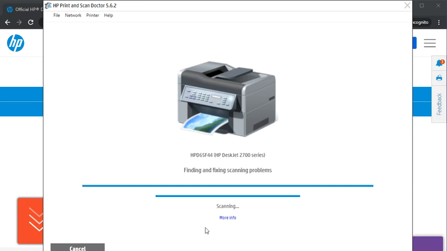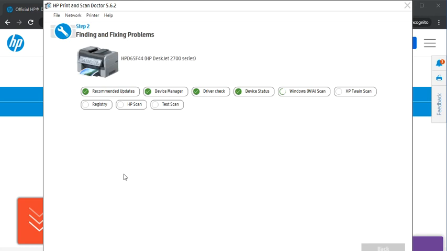So now it is fixing and finding scanning problems. Now it is communicating with the printer. Let's wait for some time. Okay, so as you can see here on the screen, it is checking all these items like recommended updates and device manager. So all the checks are performed by the software and printer, and let's wait.